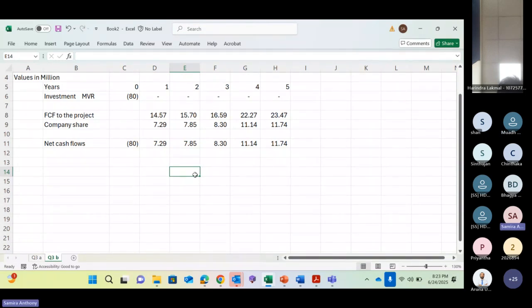You misunderstood what is a project appraisal and what is a business valuation. In a business valuation, you will first value the business, then deduct the debt value and get the equity value. Is that clear? Yes, sir. In a business valuation, first you will value the business, then you will deduct the value of debt and get the remaining as the value of equity. That is a business valuation.